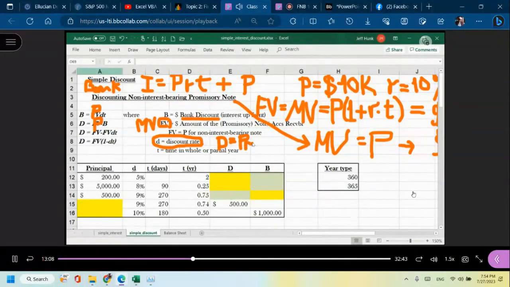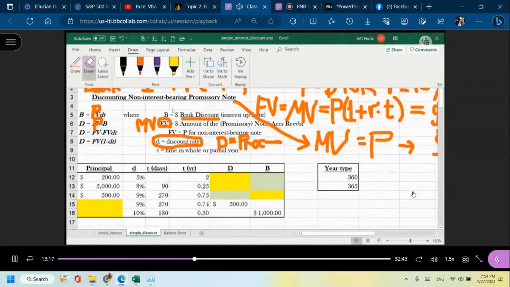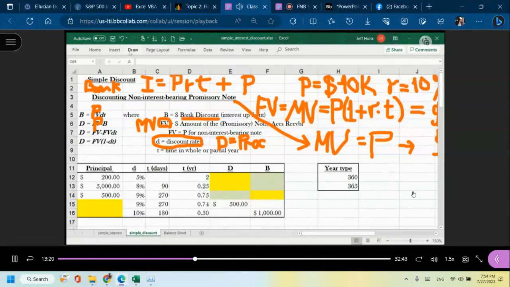This is what you receive from the bank. Lowercase d is the discount rate, uppercase D is proceeds. Now, if you rewrite